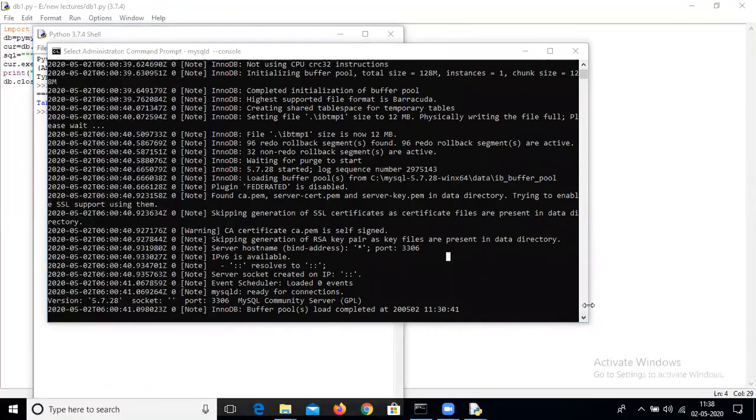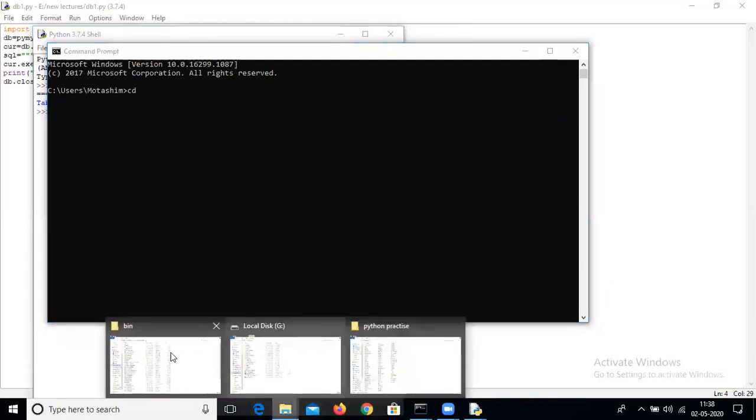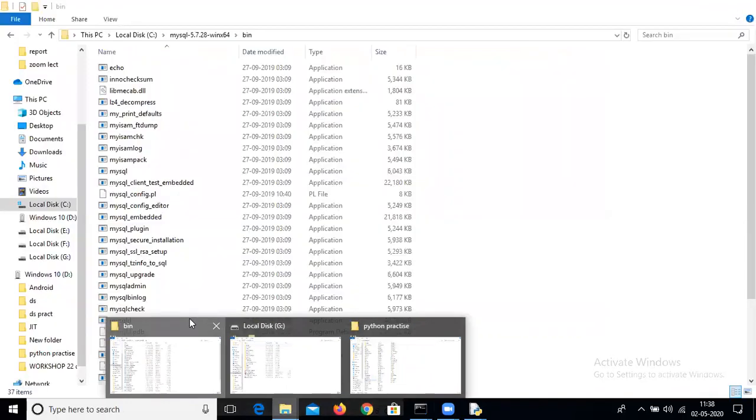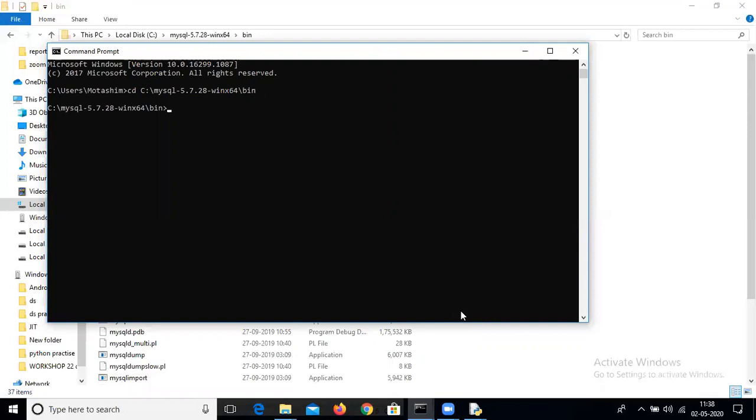CMD. Where is the bin? mysql -u root -p. The password is root.